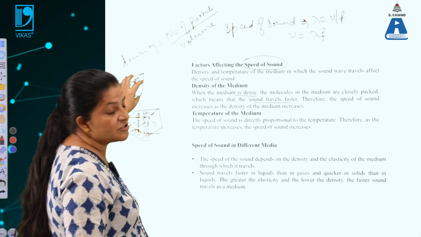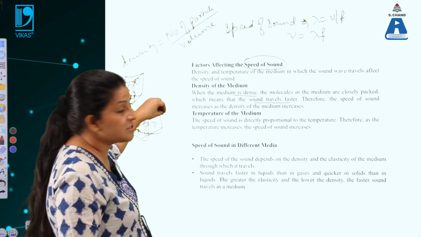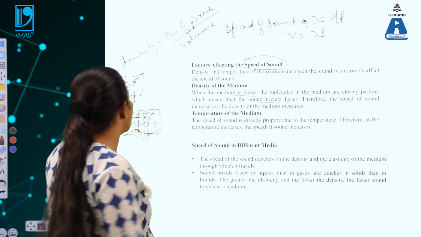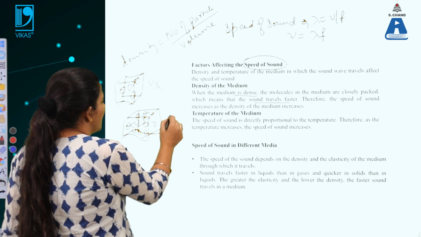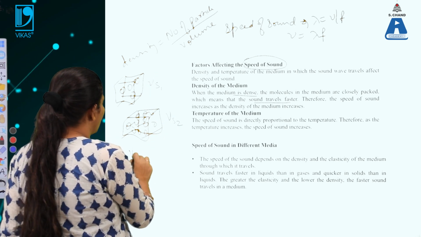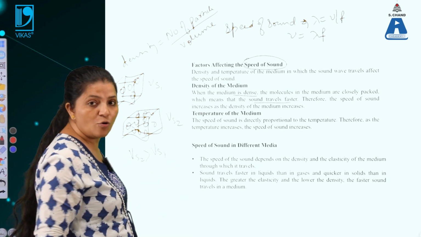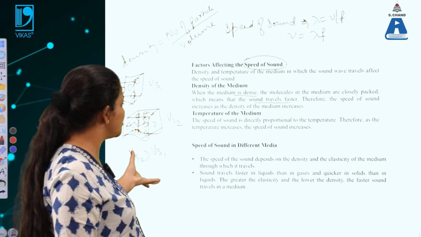Here the gap is large, so the particles are smaller in number, so the information cannot be passed on faster in this case as compared to this case. So automatically, if this is the first case and that is the second case, the speed of sound Vs2 in the second case will be more than the speed of sound in the first case,